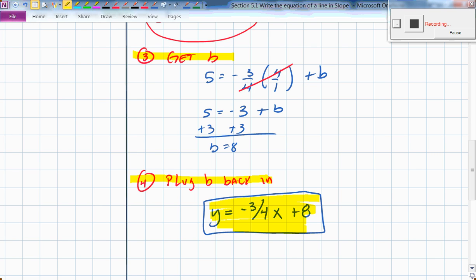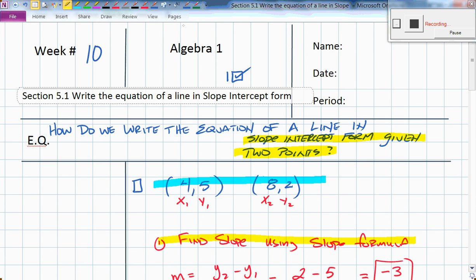So, 4-step process. A great question on the left-hand side, a level 1 question would be, describe the process to write the slope-intercept form of an equation given 2 points. That would be a great thing to write down on the left-hand side right here for this box. Okay? Remember, you are